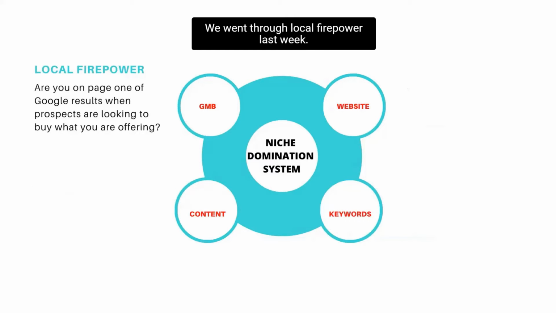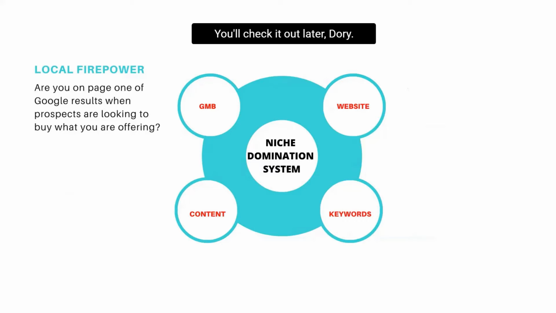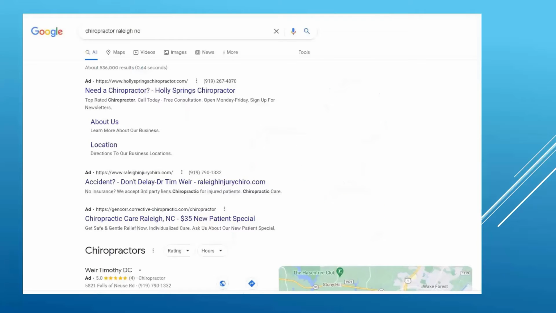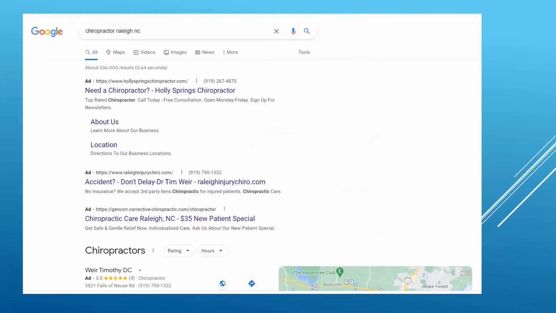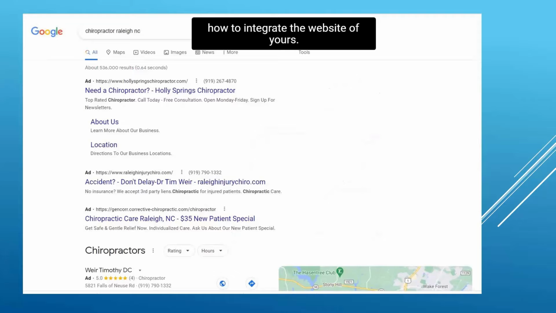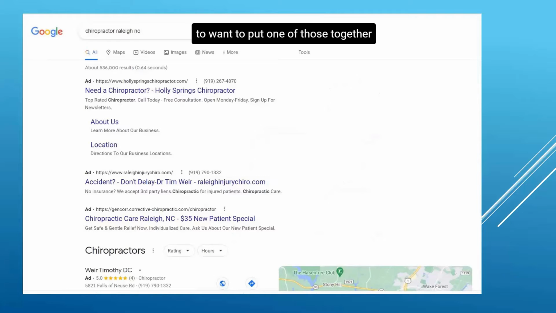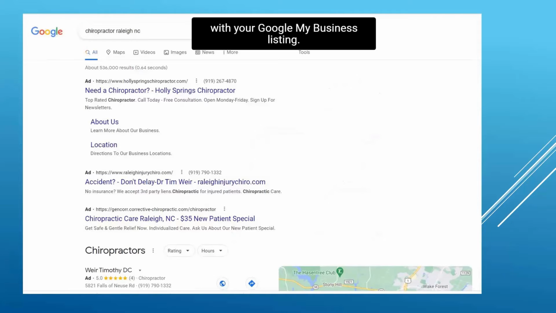We went through local firepower last week. You'll check it out later, Dory. And now we're going to go into exactly how to integrate the website of yours. And if you don't have one, you're going to want to put one together with your Google My Business listing. So last week we started out with,